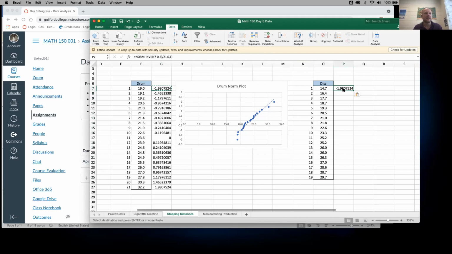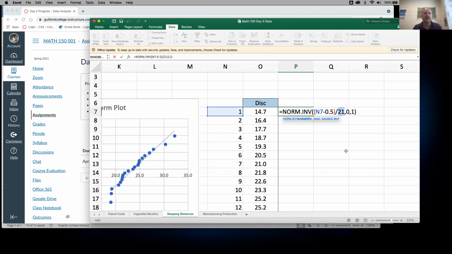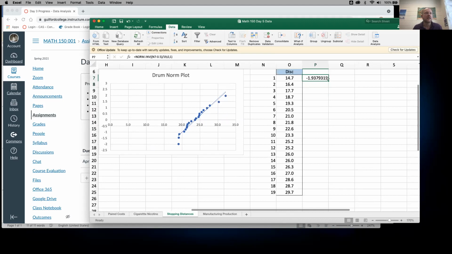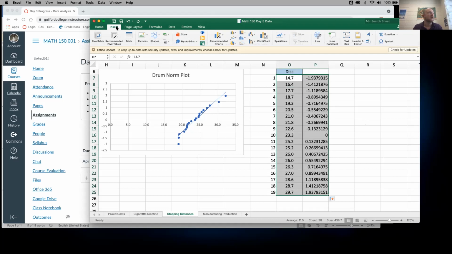and paste it here. And then I'm zooming in so that I can show y'all I'm changing the formula. It needs to divide not by 21, but by 19, because that was the sample size. And then I'm going to copy it down to those. Okay, they should all be increasing. And then I'm going to, like before, highlight the two columns of numbers, and I'm going to insert a